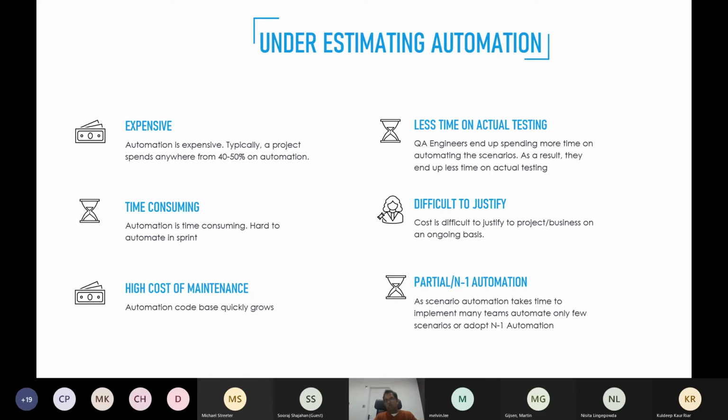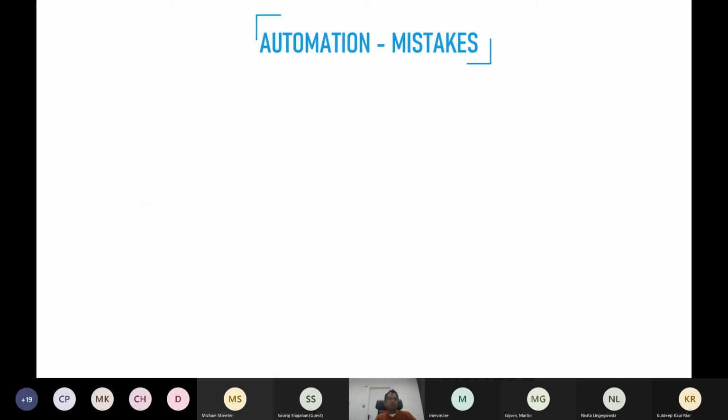That's the overview about automation issues, all the things you need to consider. So what are all the issues in implementing the automation? When you actually implement the automation in terms of coding, the first mistake is